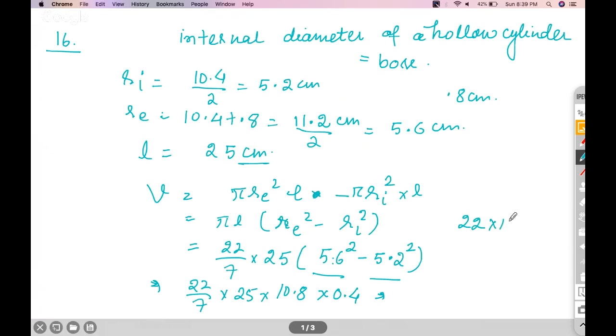So 22 into 10 divided by 7 into 10.8. Now is it divisible? I don't think it is divisible. So this will go 1 times, and then 38, so 0.5, then again 3, so 4, so I get 1.54. So what I get over here is 220 into 1.54, which will give me nearly,